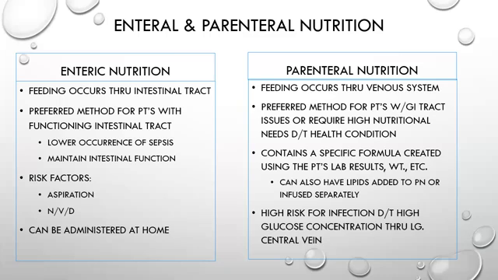Parenteral nutrition is very important. Okay. These patients are at high risk for infection because they have that central venous catheter, right? It's typically a long-term thing. And they're also getting high glucose concentration through that large central vein. So I want you to always think about glucose, and sugar breeds bacteria. Okay. That's why people with diabetes are often at high risk for infection, because high sugar breeds bacteria. Okay, so always think about that. So that's why a high risk of infection.